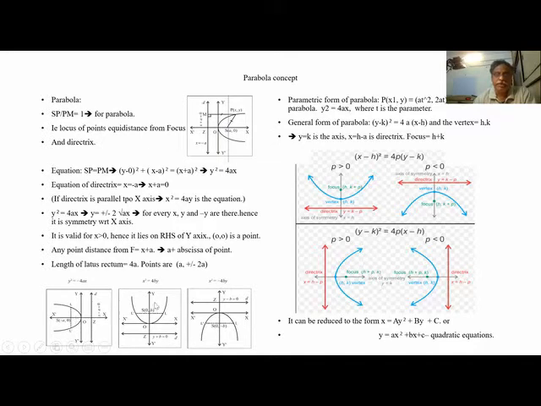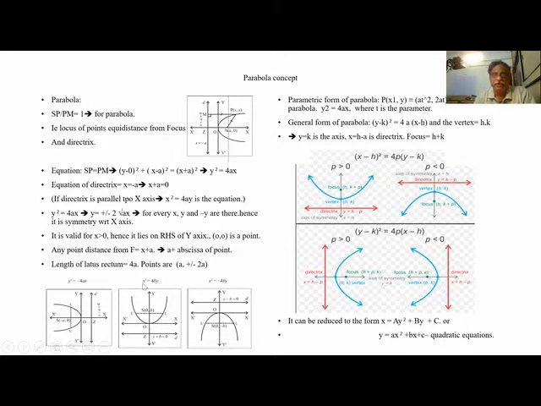So when x square is 4ay, x square is 4by. Irrespective of the value of y, x is plus or minus root of 4by. So this is x square is equal to 4by. When x square is minus 4by, the parabola can be parallel to either axis depending on the equation.